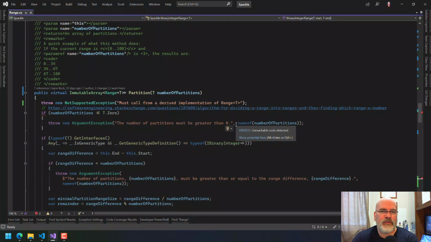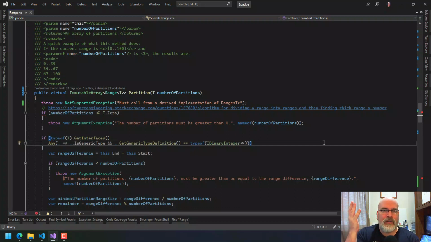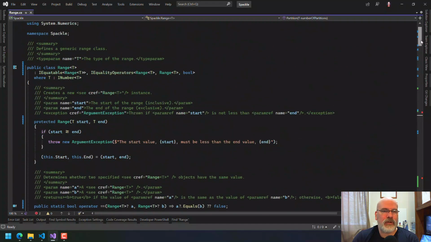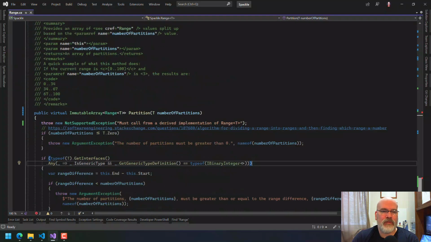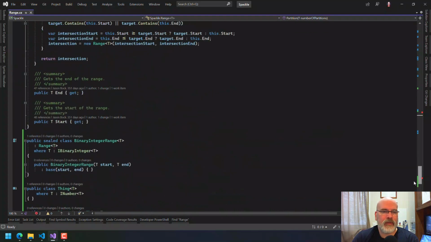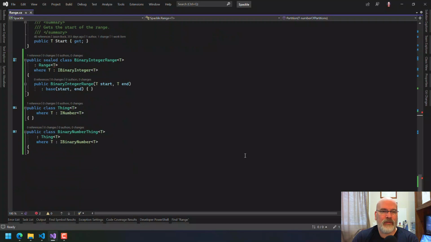This is just so frustrating. I thought this would be an easy thing to do. I really thought, oh, I could have a generic range type. I could have derivations of it that would handle that as a binary integer and a floating point. And this is just fighting me tooth and nail. And I'm really struggling understanding why I can't do this stuff. It's very, very frustrating. I don't know if you can tell.